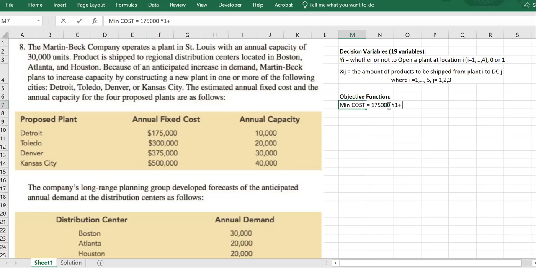175,000 is going to be my cost of that decision, plus 300,000 Y2 plus 75,000 Y3 plus 500,000 Y4 times Y4. All right. So that is the fixed cost. Yes, the total annual fixed cost of opening facilities. Plus,